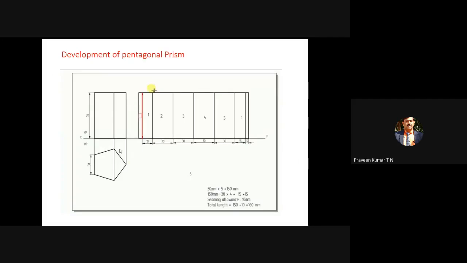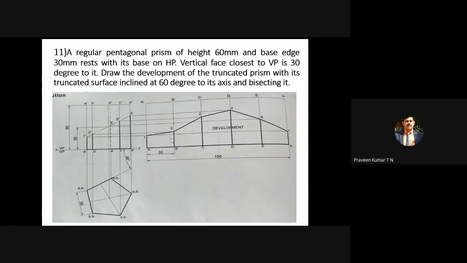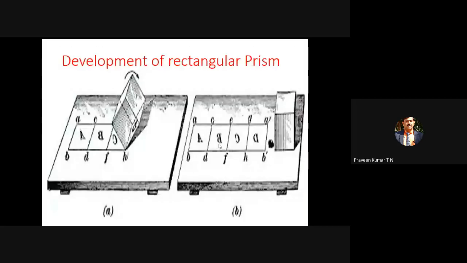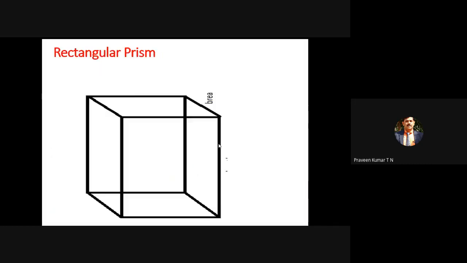Same thing is shown here. You have the pentagon, so you have drawn the front view. It is open from one particular corner, either left side or right side. Most of the time it is open on the rightmost side. Once it is open, we'll get 5 surfaces, 1, 2, 3, 4, 5. There is one extra strip, because for the joining purpose, soldering or welding, they use a small additional amount of material. That is shown here, this part as well as this part. I hope now you understood what development is. Once you understand, we'll go to some problems, starting with the square prism.